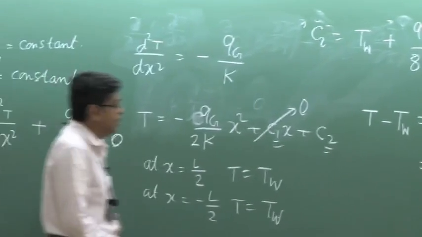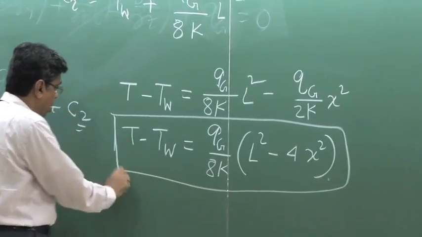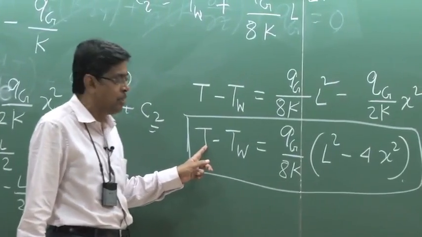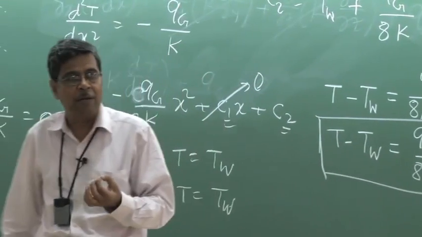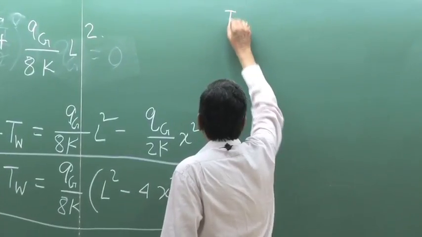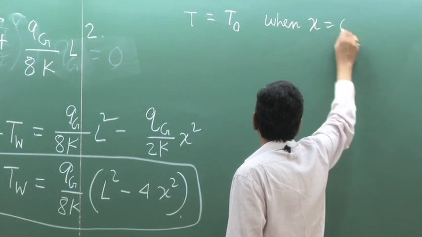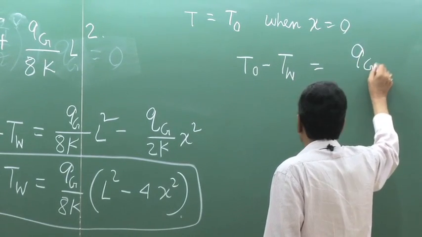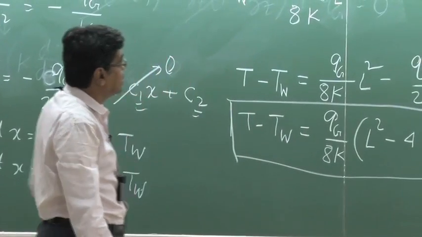So this is precisely the temperature distribution within the rod. When we have neglected C1, means we have taken the symmetry boundary condition dT/dx 0 at x is equal to 0. If you see that, you will see dT/dx is 0 when x will be 0. And the second derivative is negative, which means the temperature attains its maximum value because of the internal thermal energy generation at the axis. So if we express this at T0, T0 is the maximum, T is equal to T0 when x is equal to 0. That is the maximum temperature. Then we can write T0 minus TW is QG by 8K L square. So I can find out the maximum temperature which occurs at the center or the mid axis like this,